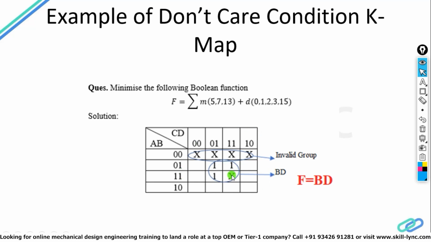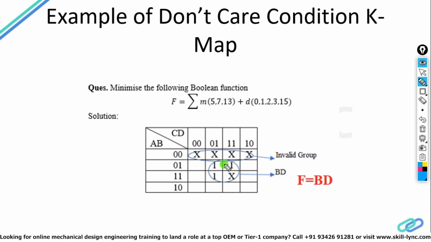Okay, see, if these crosses are not there, I am having only 3 ones. This, this, and this. You can't make a pair of 4. But using these crosses, you can make a bigger pair. Instead of making a pair of these 2 ones, you can make a bigger pair of 4 ones. These 4 ones give f equal to BD. When you solve it, see, B is common in the last one and above it, and D is common, so BD. So the work of the crosses is only to make a bigger pair.